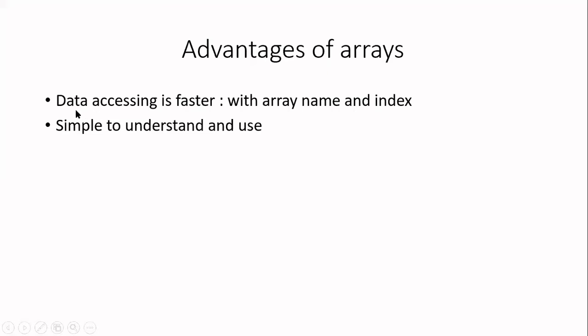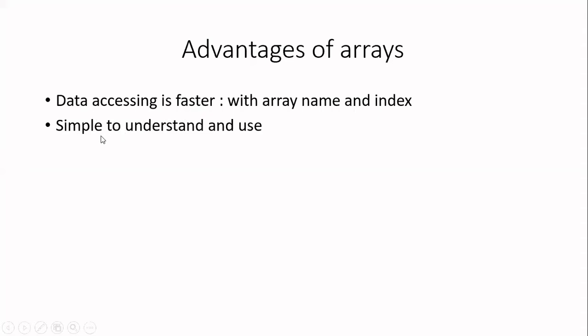In case of an array, the data access is very fast. I have shown you in the previous slide. If you want to access one element, you can do it with the help of the array name and the index. The array name gives us the base address. Use the base address and the index to get the address of a particular element. You go to that memory and access that element directly. No need to go to the previous elements for that. Directly, you can access that element. That is one of the most important advantages of arrays. This is known as faster data access.